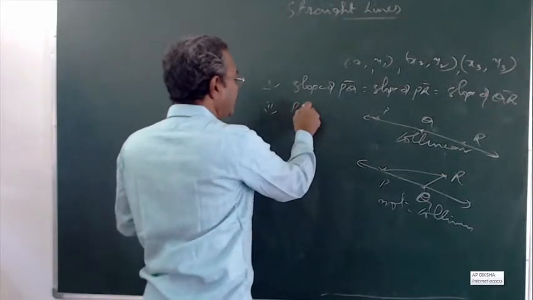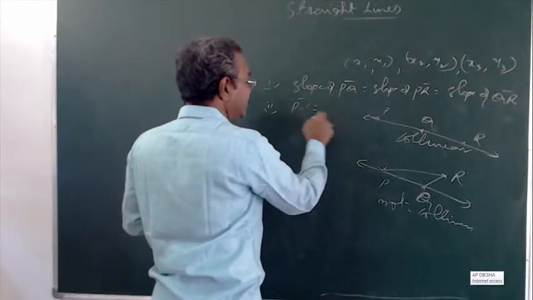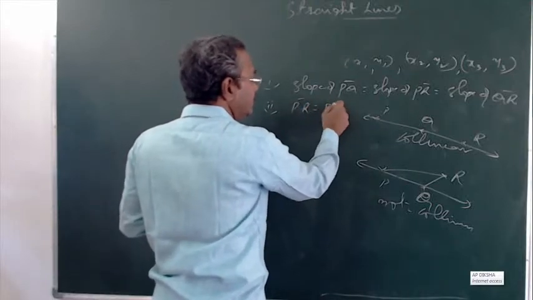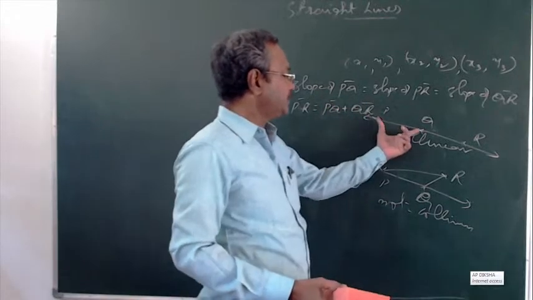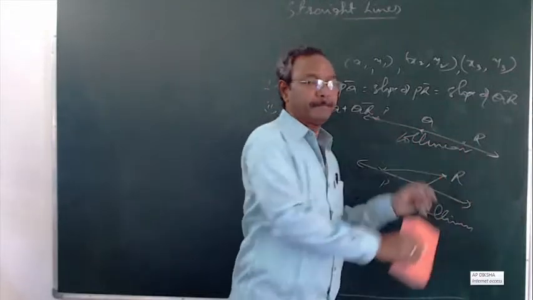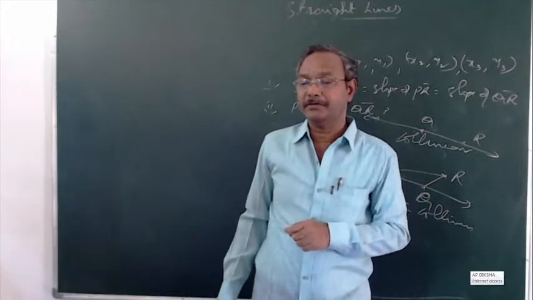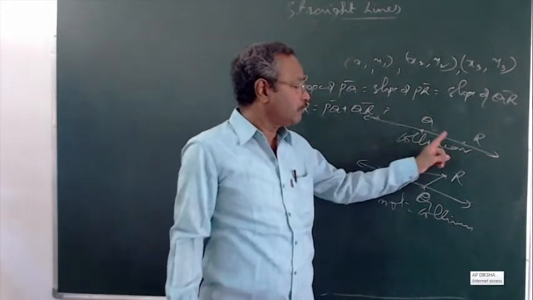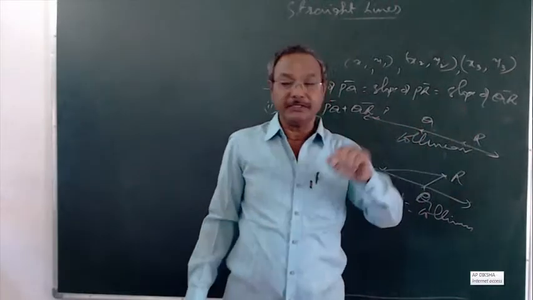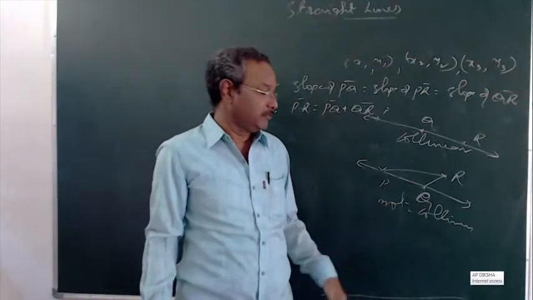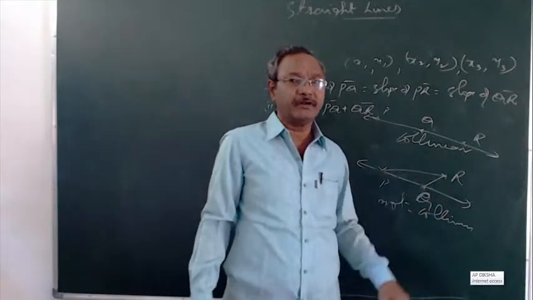is distance PQ should be equal to distance PR. In this case, distance PR should be equal to distance PQ plus distance QR. So you find the measurements of the line segments PQ, QR and PR. You find the length of each line segment. Now you can see that if the points are collinear, the sum of 2 line segments must be equal to length of the third line segment. Whereas in this case, length PQ plus length QR should be strictly greater than length PR if they are not